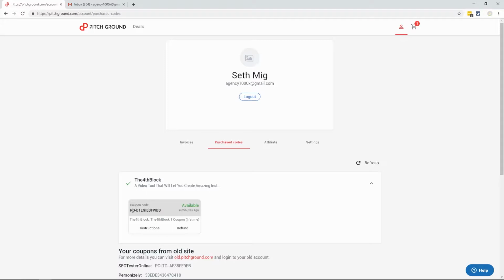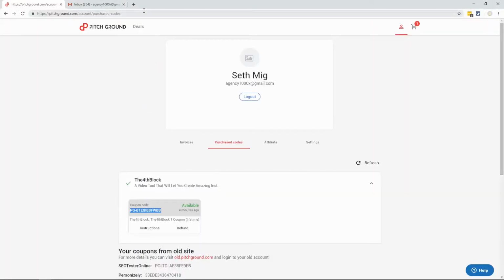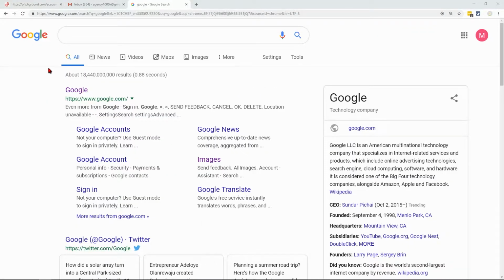But I'm just going to copy this code right here because I know we're going to need it, so copy that, and now let's see what the instructions say. Okay, so they're really detailed and they walk you through exactly what you got to do. So that's the steps I'm going to go through right now. So I'll just close this down and I'm going to come here to a new tab, open this up, and then I'm going to go to